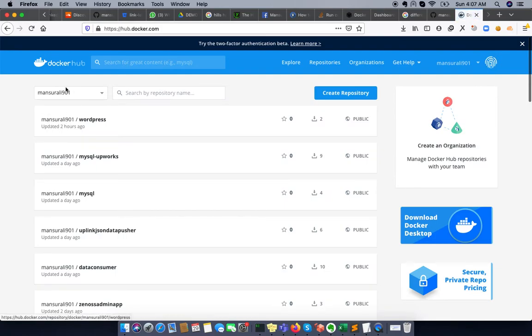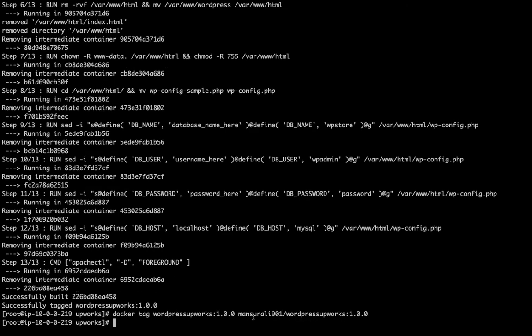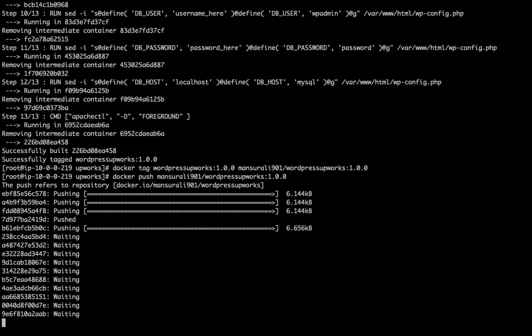So you can see that I already have a repository, and my repository name is this. So I'm gonna tag my image as Mansoor Ali 901. You could use your own Docker name. Then I can tag my image as this, and then I'm gonna push that image to the Docker registry. Docker push. So this is gonna be